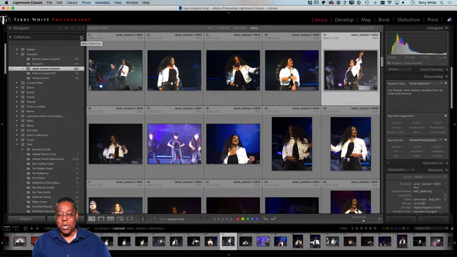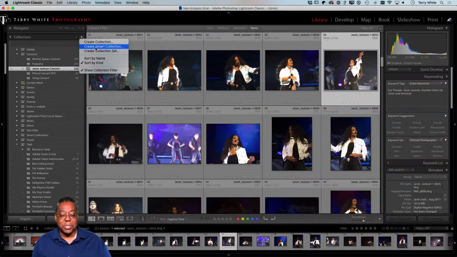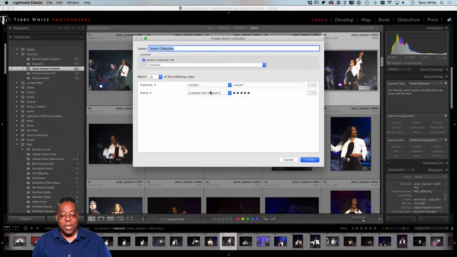But if you don't want to manage that process manually, you can go in and create what's called a smart collection. And this is a Classic only feature. So if you're using Lightroom in the cloud or mobile, you don't have this option. But if I do here, let's get rid of these. If I do a smart collection, I can call this smart collection favorite concert photos. I'm going to put it in the concert collection set,